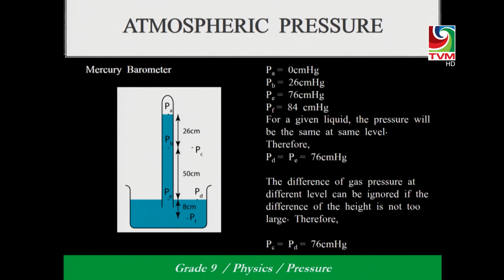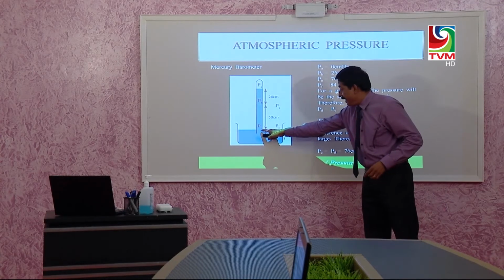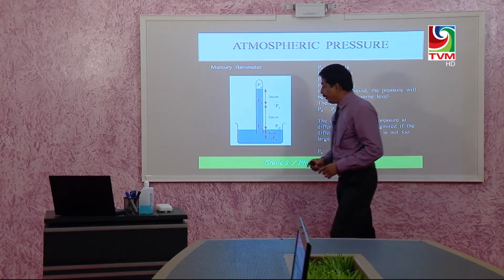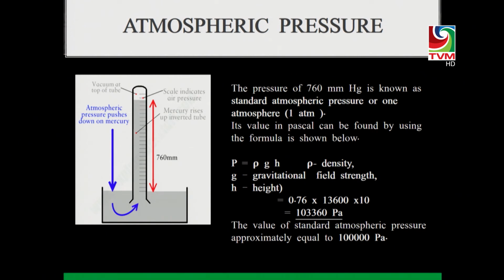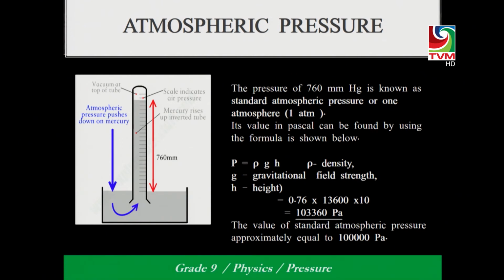The difference of the gas pressure at different levels can be ignored if the distance of the height is not too large. Therefore, pressure at E and D is 76. And one more thing, the pressure at E and the pressure at D are equal in this situation, because both are atmospheric pressure. The next one, how will you convert the millimeter of mercury, that is the normal atmospheric pressure is